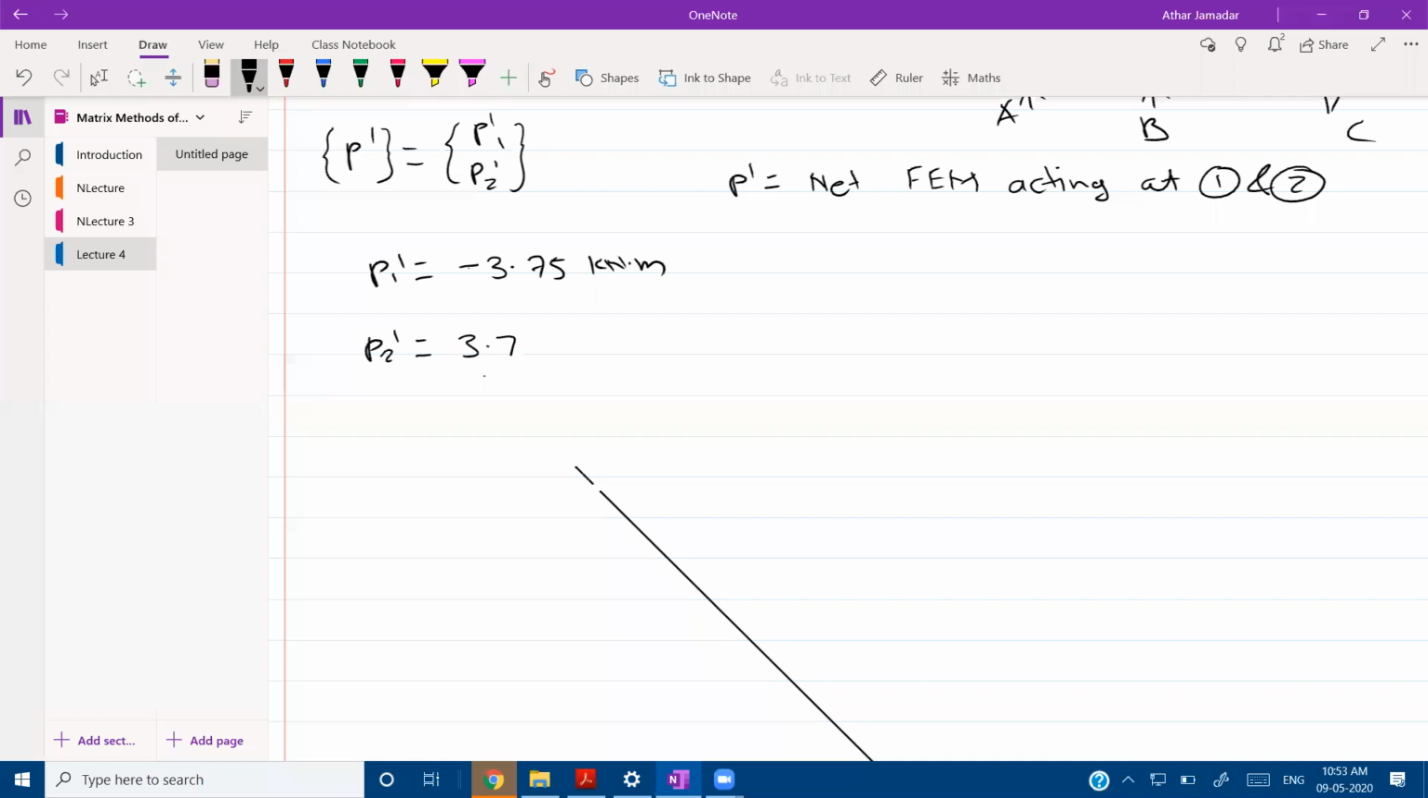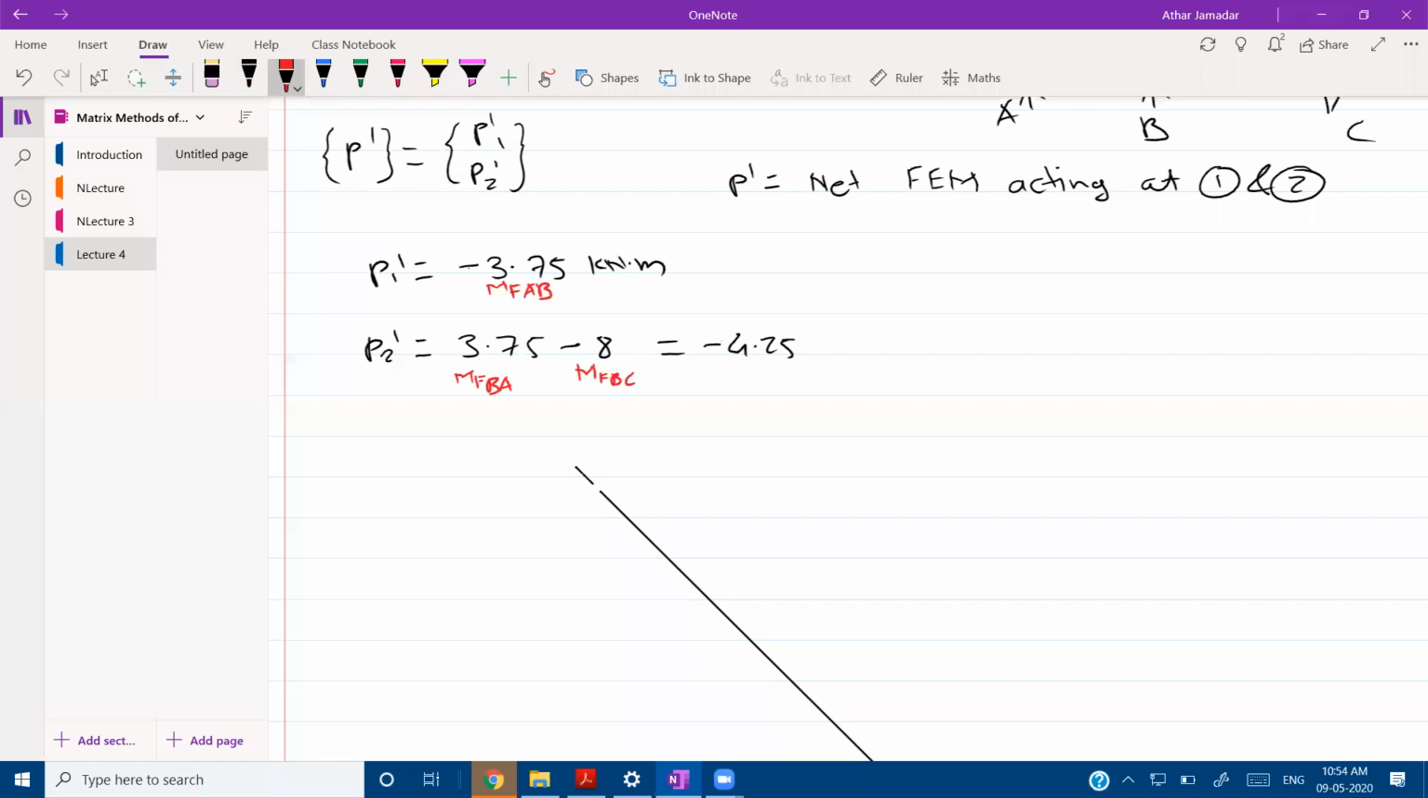So 3.75, which is nothing but MFBA, and -8, which is nothing but your MFBC. So 3.75 - 8 is going to be -4.25. Here in short, this is MFAB, this is MFBA, this is MFBC. So P1 dash and P2 dash are nothing but net fixed end moments acting at